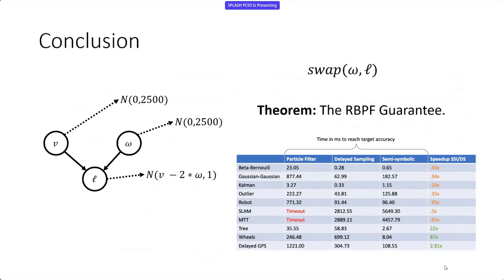That's a great idea. That totally makes sense, especially given the higher overhead of semi-symbolic inference. To be honest, I didn't think we expected that the overheads would be this high, but given that they are, I think it makes a lot of sense to try and do some kind of dynamic thing.